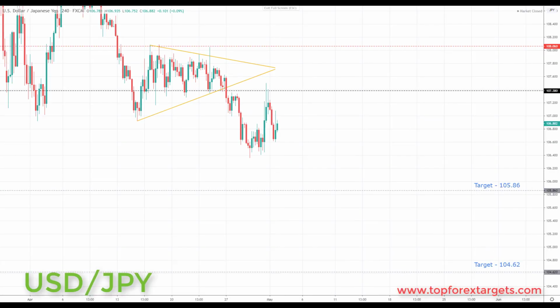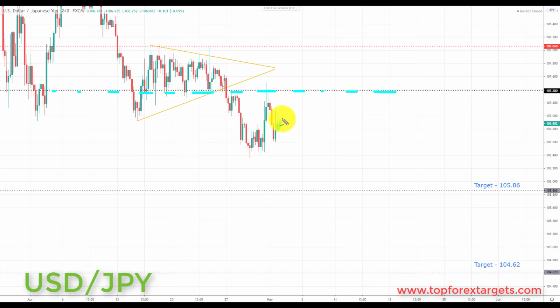So the next market we're going to look at is US dollar Japanese yen. Now, last week we highlighted this coiling pattern in the US dollar yen, and we said we were looking for a breakout to the downside. We did get a nice breakout and a sell-off to the downside in this market. Very simply put, going into this week, we now sit below a key area of support from the past at the 107.380. As you can see, this key area of broken support has already turned resistance last week.